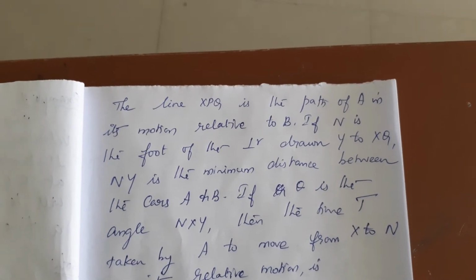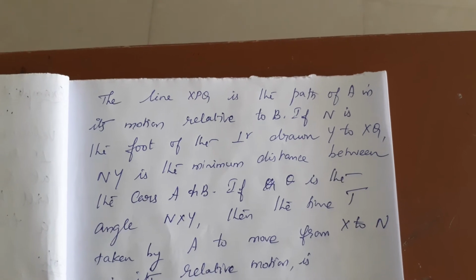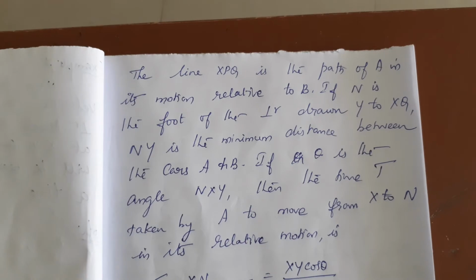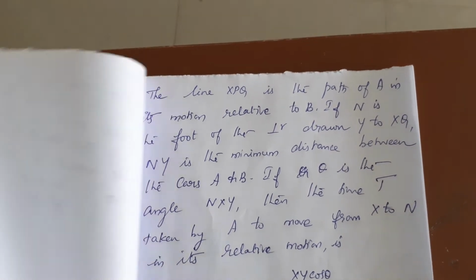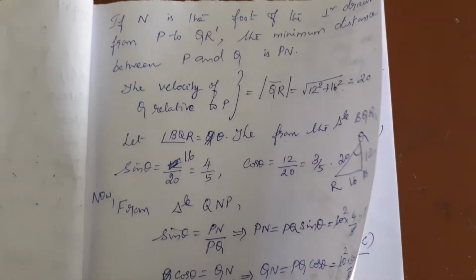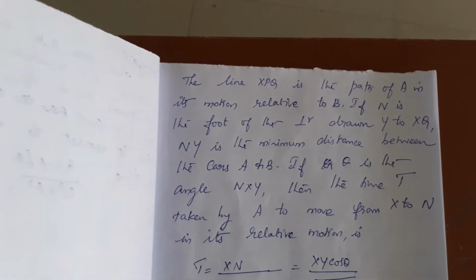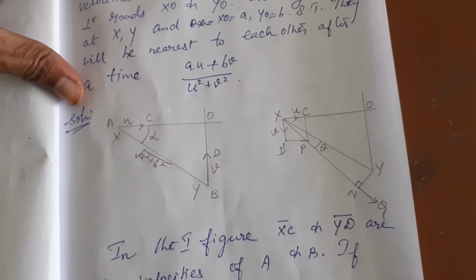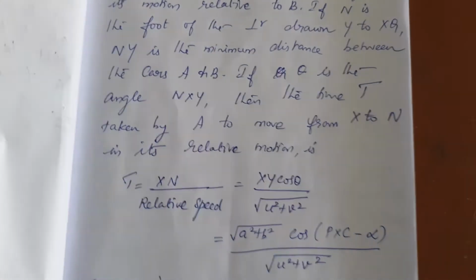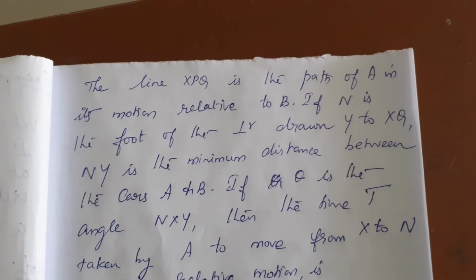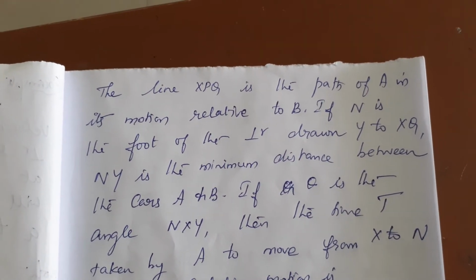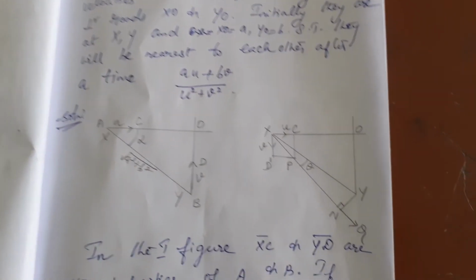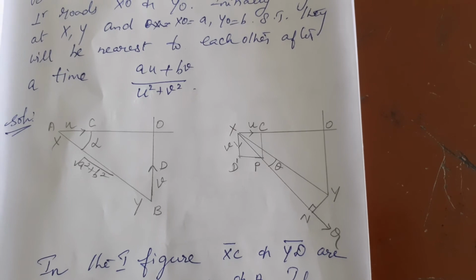The line XPQ is the path of A in its motion relative to B. If N is the foot of the perpendicular drawn from Y to XQ, NY is the minimum distance between the cars A and B. If theta is the angle NXY,